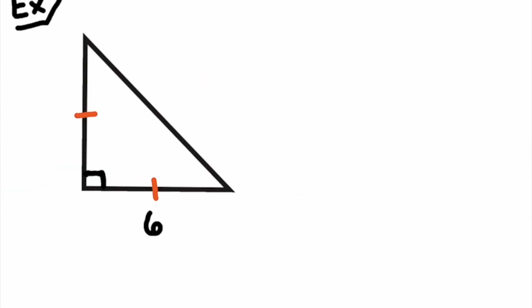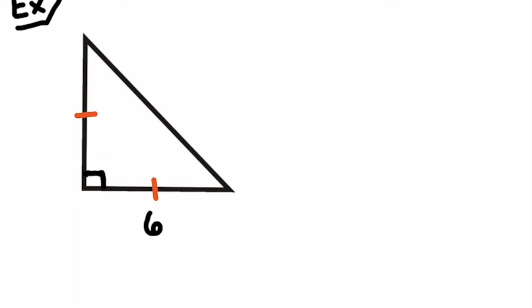Here's an example. Let's say in this example, I'm given that one of the legs is equal to 6 units. This video is about 45-45-90 degree triangles. Do I know that this is a 45-45-90 degree triangle? In other words, am I given enough information? Yeah, actually, I do know this is a 45-45-90 degree triangle, because if this angle right here is 90